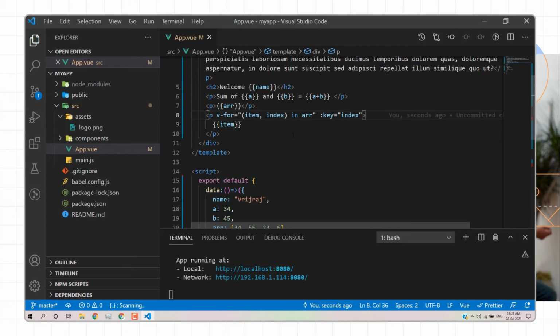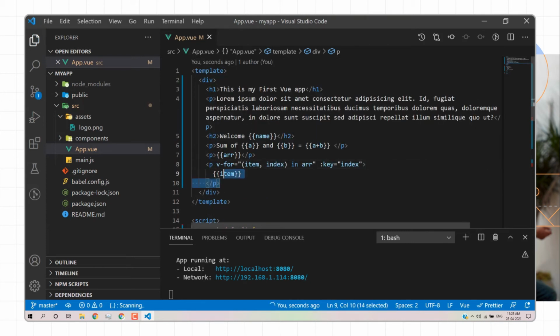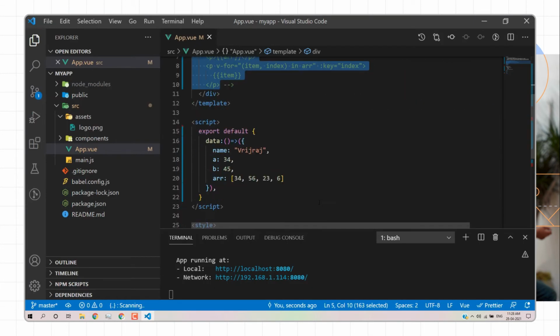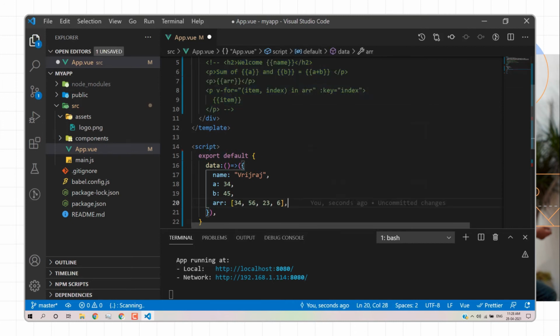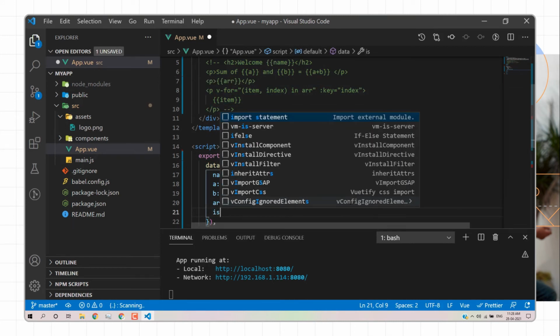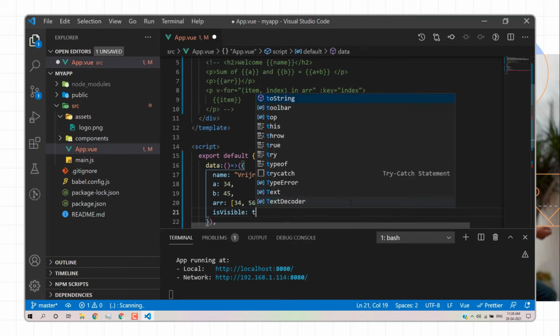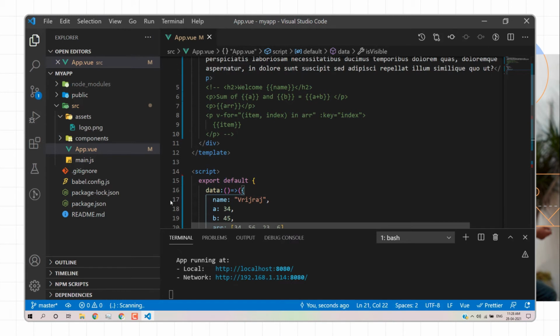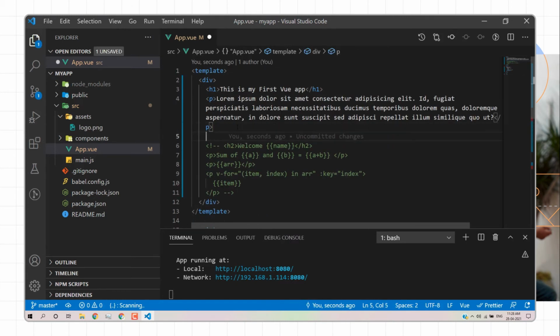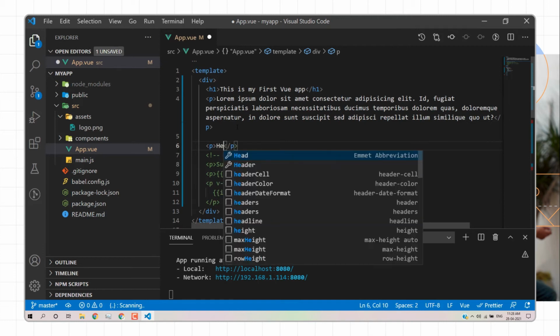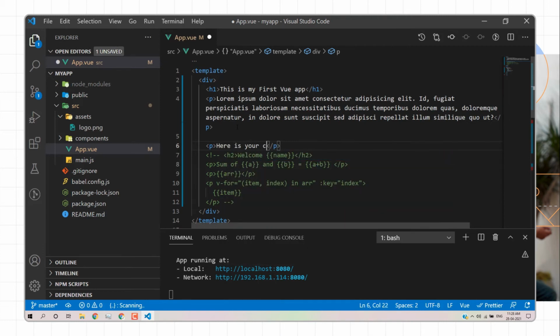Now we can also perform conditional operations. Let's say visible is equal to true, using the colon. I'm creating a div section, and here is your content. Save and then reload. So we have a p tag. I just want to show this p tag if this particular value, visible, is true.